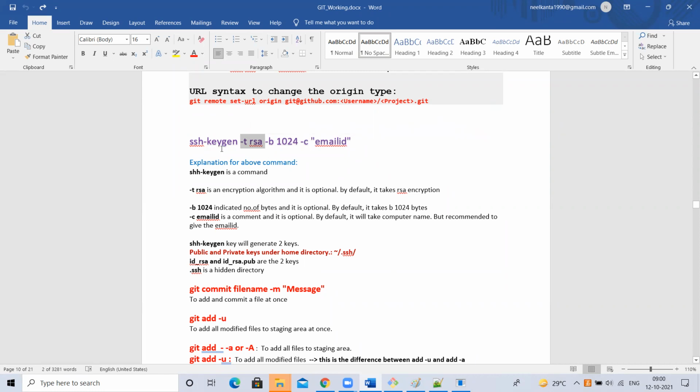The public key is id_rsa.pub, right? To generate that key, it is going to use RSA, and 1024 bits it is going to take, and -c your email ID you have to use. If you don't give your email ID, it will take the computer name. Not a problem. -t RSA is the default value, -b 1024 is a default value, and -c your computer name is a default value. That is the reason I have not given all these parameters. I just typed SSH-keygen, so it took these parameters as the default ones. While generating the SSH key, you need not pass these. If you want to pass them, you can, or else if you just type SSH-keygen, it will take these parameters as the default ones.